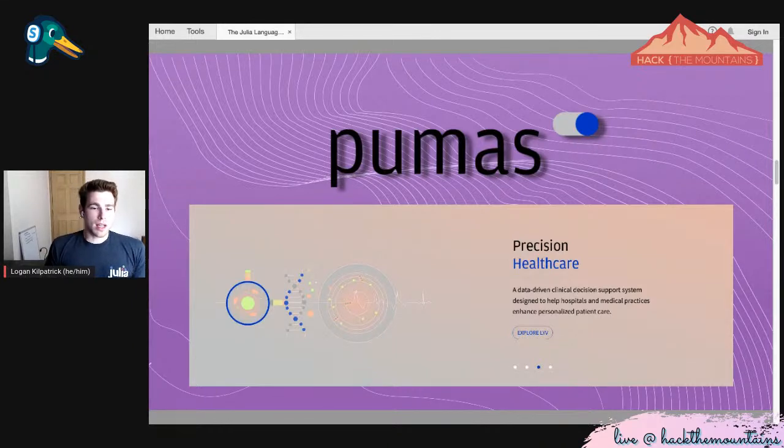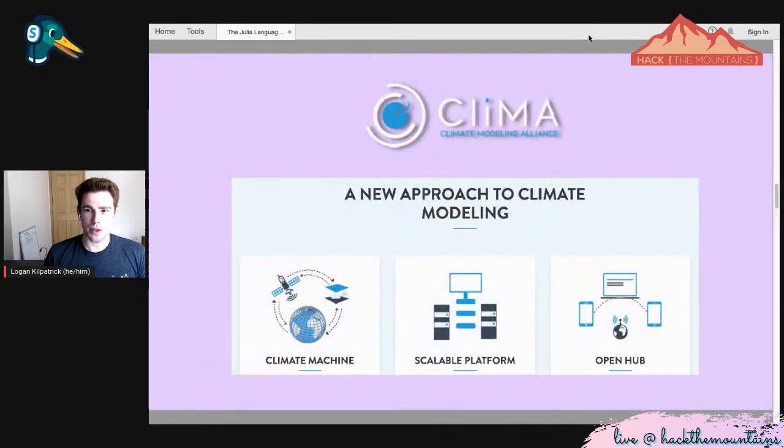Julia was used, and I'll talk about this a little bit more later on when I go into my journey using Julia, but there's a few teams at NASA that are using Julia, lots of academic research that's being done with Julia. So it's pretty widely across the board being used to solve a lot of these, again, really intense computational problems. So let's look at another use case and hopefully help answer the question of where Julia is being used and what some of the applications are.